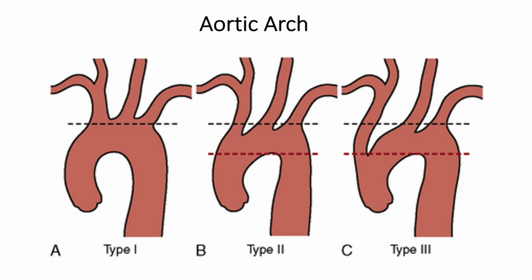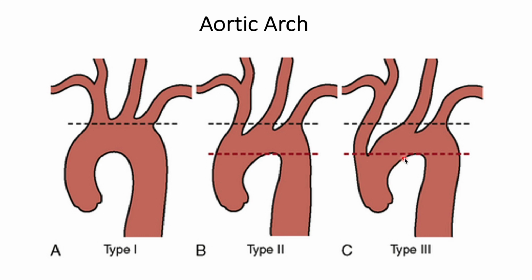It's really important for the interventionist to know we have three types of aortic arch. If you draw a line right at the lower end of the neck vessels where they are originating, and you draw a line at this level of the aortic arch, then if the origin of all the three vessels is above this line, this is a type 1 arch. If the brachiocephalic origin is between the two lines, this is type 2. And if the origin of brachiocephalic goes right up to the lower line or below, this is the type 3